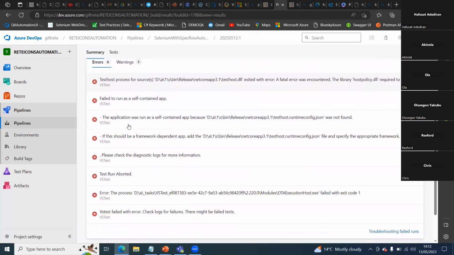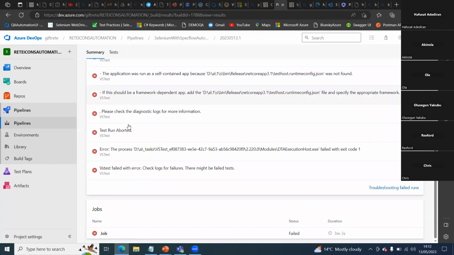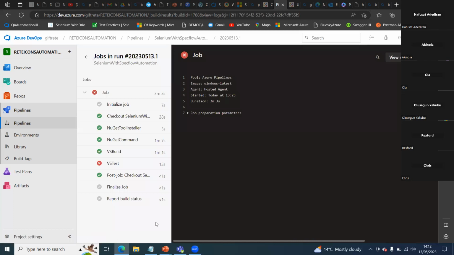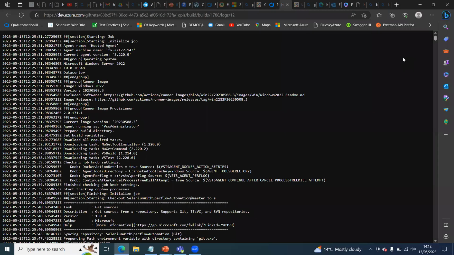scroll to the place where you have a job. If you click on that, you're going to open this new page for us, basically. And if you click on the view, view log information,